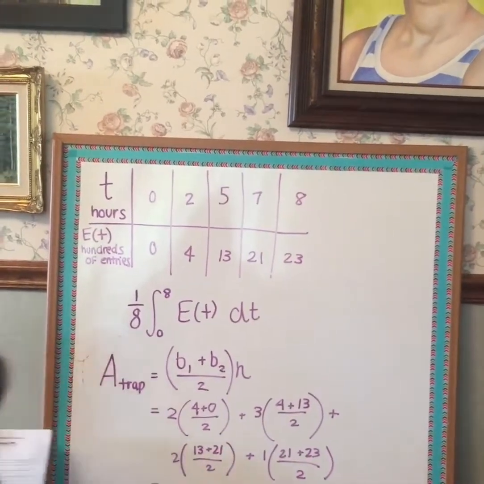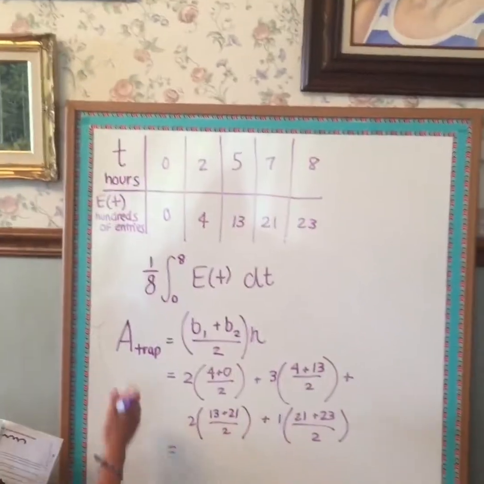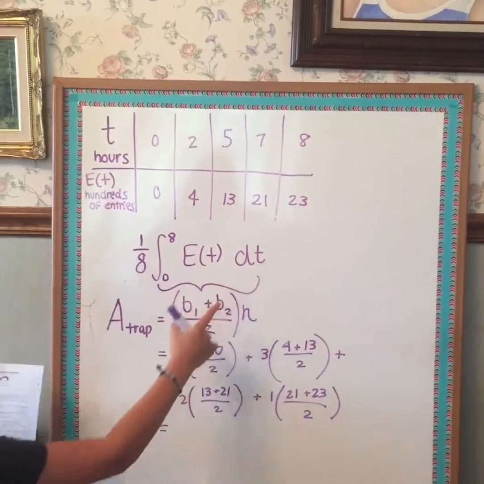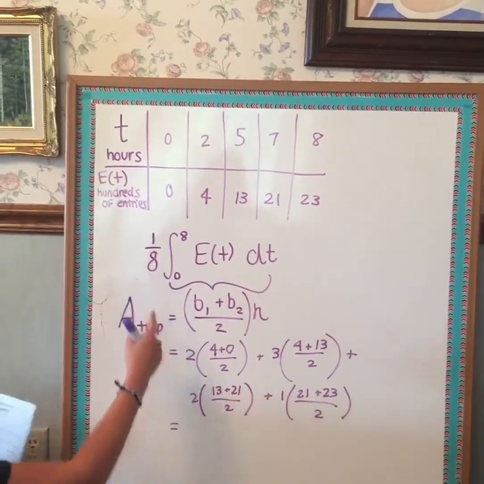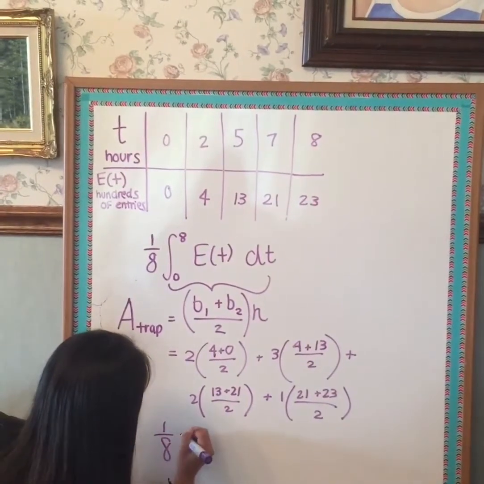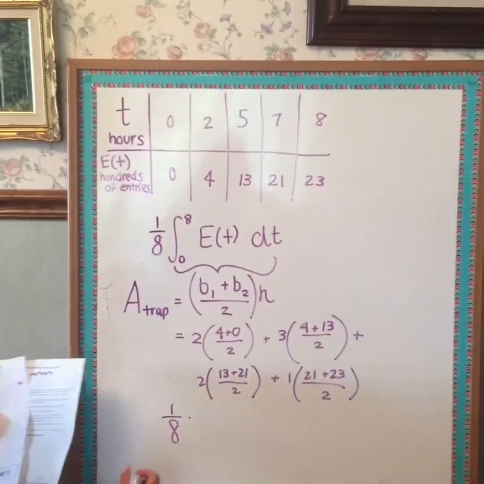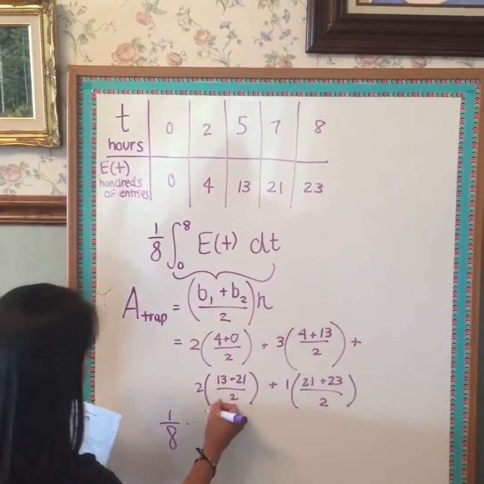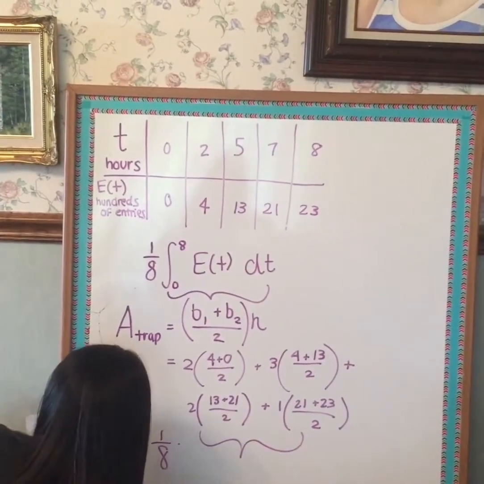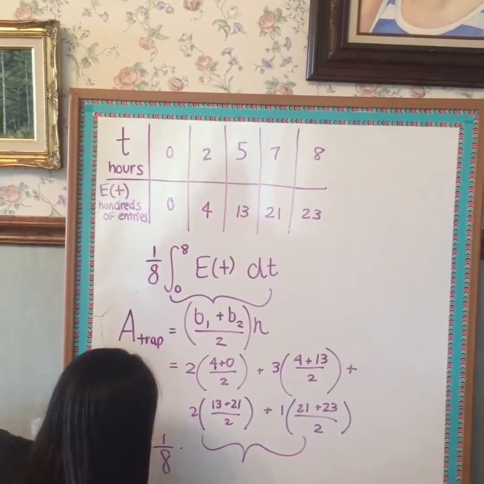So to save time, I just plug this into my calculator. And so this right here, the area, is the integral. So we still need to times by 1/8. So that is a common mistake. Most people forget that you still need to multiply this by 1/8. So when you multiply this by 1/8, you get 10.688